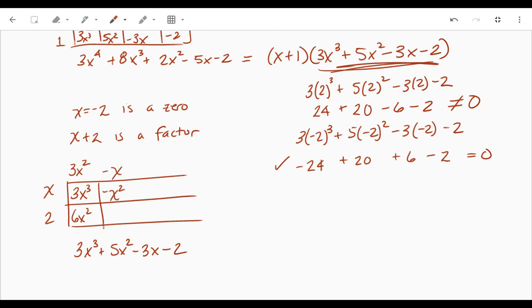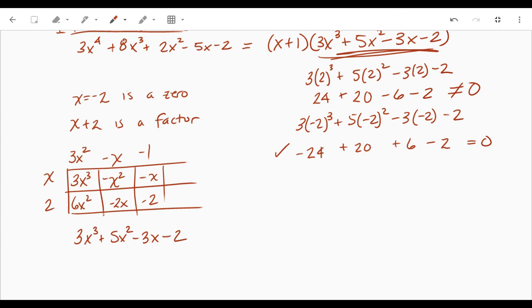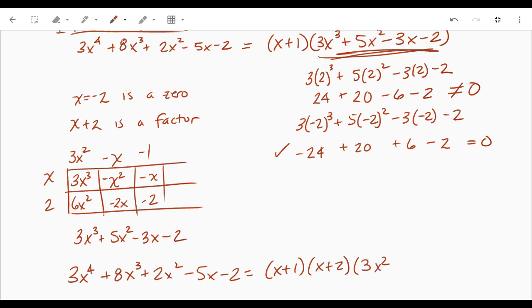So negative x, negative 2x, negative x, negative 1, negative 2. No remainder. Okay, so now what I have is that original 3x to the 4th plus 8x cubed plus 2x squared minus 5x minus 2 is the same as x plus 1 times x plus 2 times 3x squared